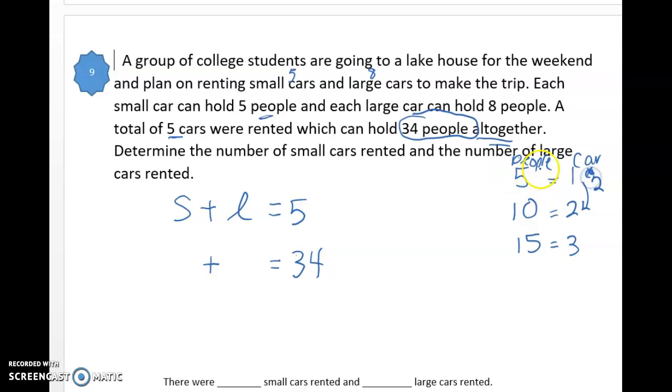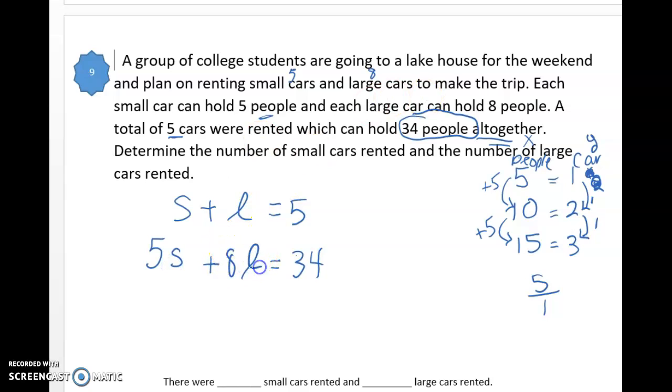Sorry, my cars were multiplying by 5 here. Okay, you could make a table and think about your rise over your run or your slope would be 5. So you would say there's 5 people in a small car plus